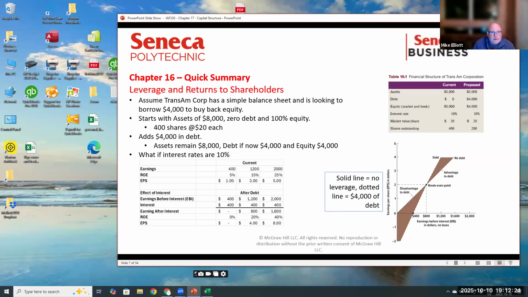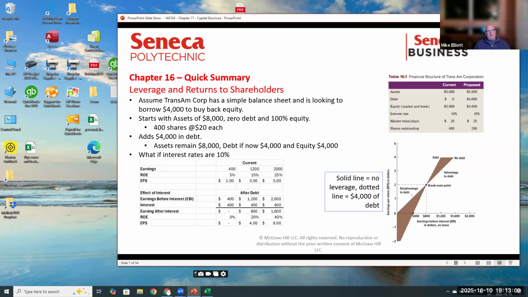Now what happens? Now we add 4,000 in debt. Our assets remain at 8,000. Our debt's now 4,000. We know that assets have to equal debt plus equity. Our equity has to be 4,000. Has to be to balance. So what happened? Where did the extra $4,000 go? It had to have left the system. We must have paid it out somehow. We must have paid it out in dividends. We must have either had a depreciation in the value of our debt, but somehow we paid out that $4,000. We had to.